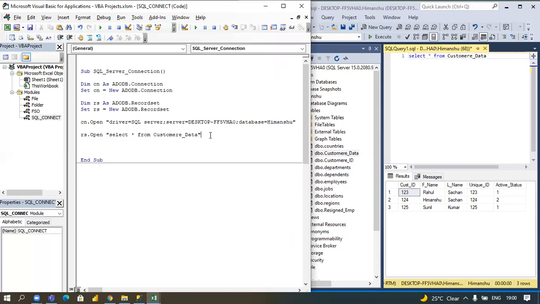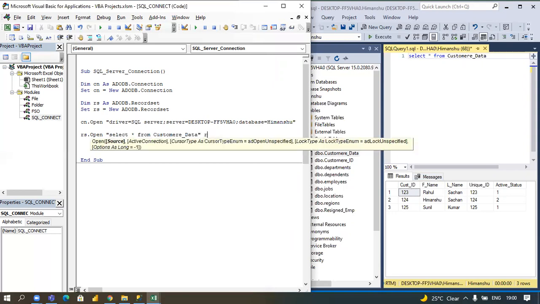Now we have to give the record set, comma, record set, comma. Now we have to give static or dynamic. For now, we want static only, not dynamic.